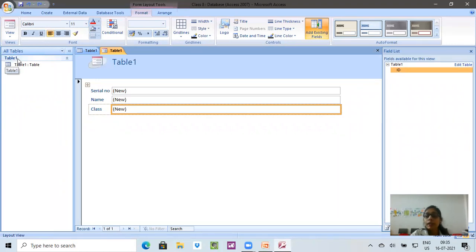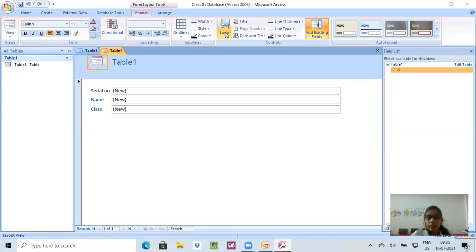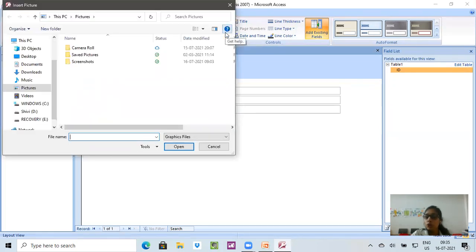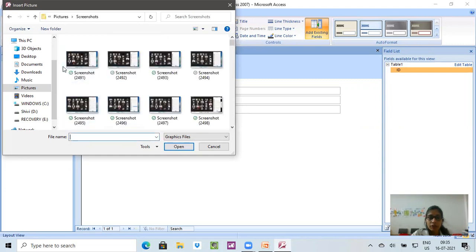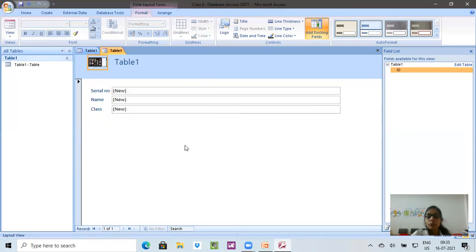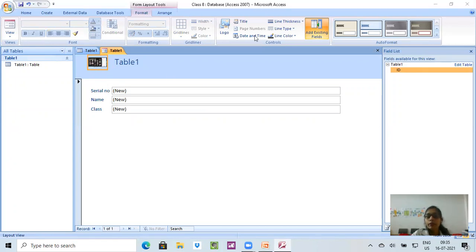Now, with it, I would like to tell you, we can even change the layout, that if we want different things, like I can put a logo in it. I will click on the logo option. After that, I will click on the pictures which I am having, and I'll select any of the pictures and put it as a logo, whatever I would feel like. Then I can give a title name to it.